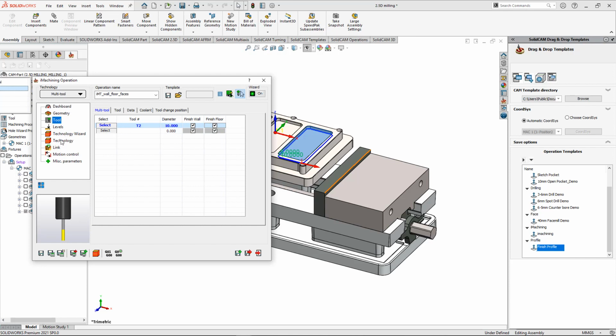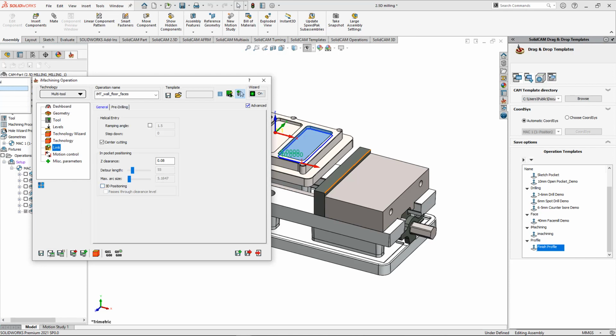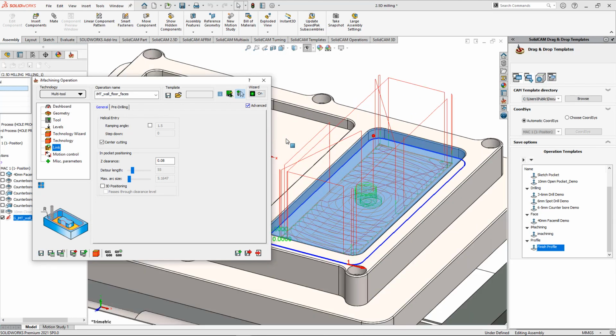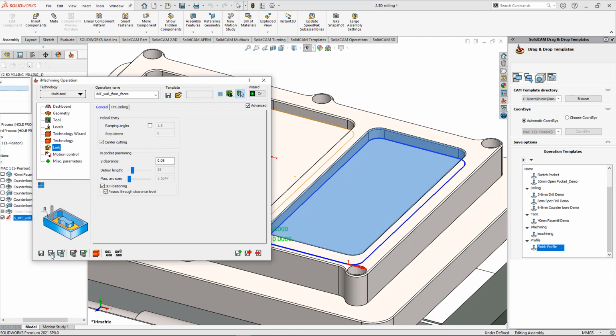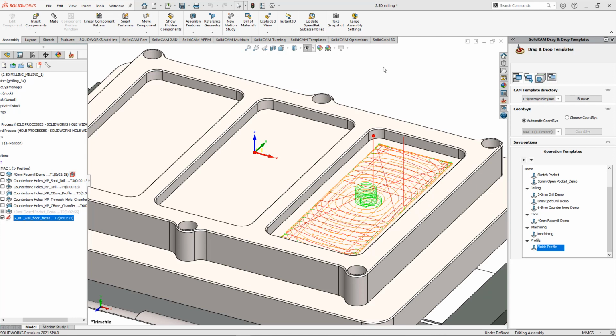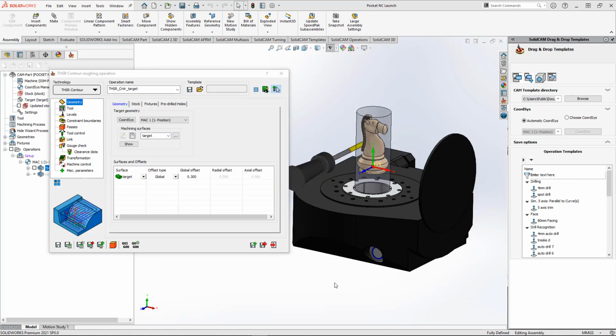But once we've selected these, if we go down and have a look at link, we now have an option for 3D positioning. If I take 3D positioning off, like it was in SolidCam 2019, you can see we get a large number of retracts. By turning 3D positioning on and checking clearance areas, you can see we've vastly reduced the retraction times, allowing for quicker cycle times.